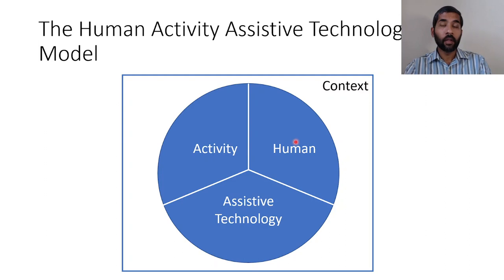So what we are going to do this week is look at assistive technology through a grid. This framework that we are looking at assistive technology through is called the Human Activity Assistive Technology Model, or in short, the HAAT model. Okay, and the reason why we are looking at assistive technology through this grid is because when you look at